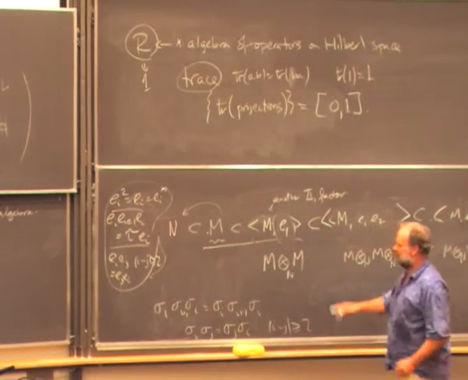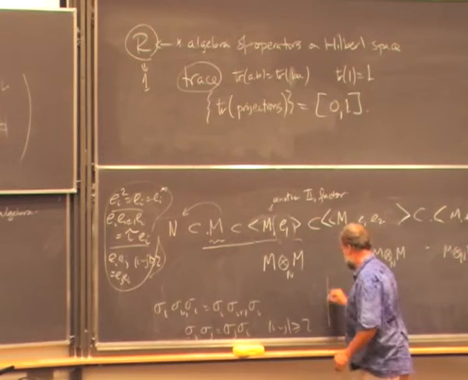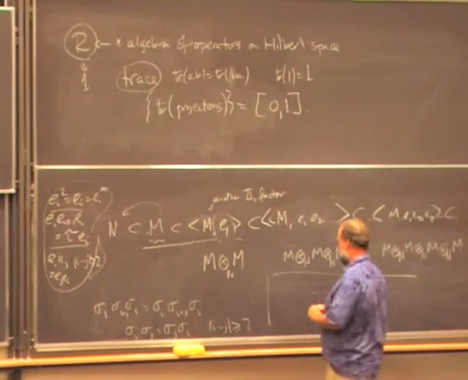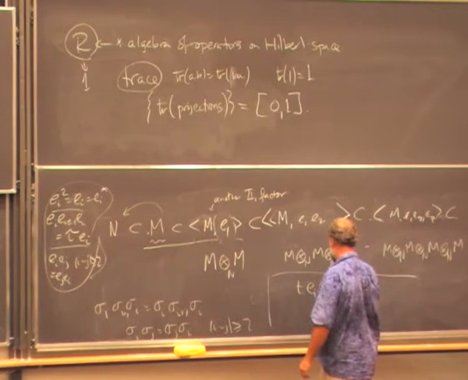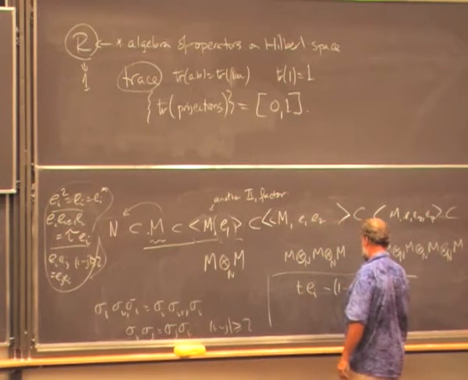And if you stare at these 2 for a little while, you'll see that if you decide to represent the braid generator by t E_i minus (1 minus E_i),